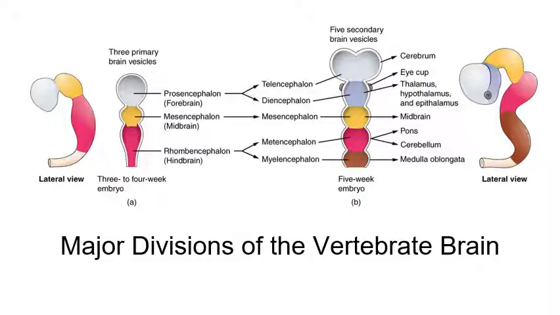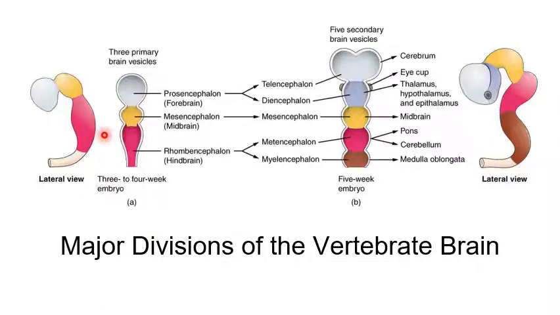So let's go now to the major divisions of our brain. This picture shows the development of the brain in the embryo, but let's make this as simple as possible. In the first part, the brain and the spinal cord begin as a neural tube. So its form is a tube. And then, after 3 to 4 weeks in the embryo, letter A,